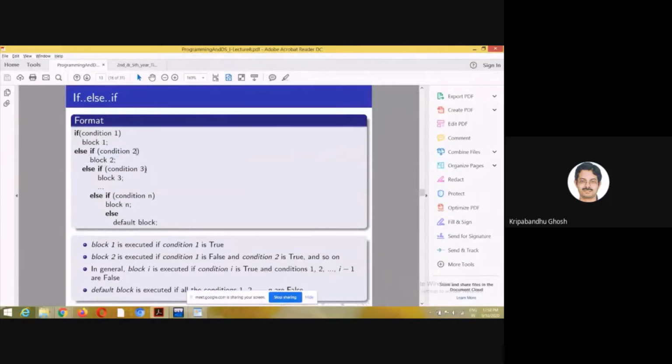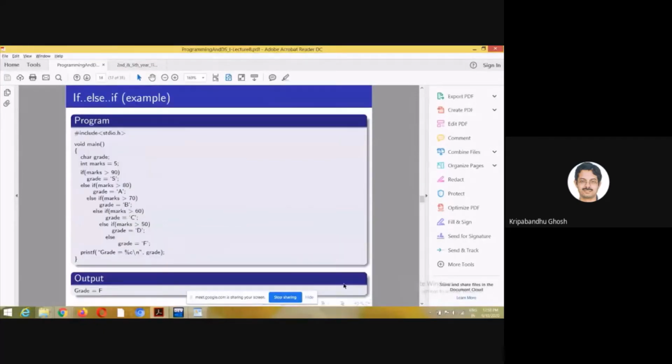Like this, if all the conditions 1 to n are false, then the default block will be executed. In general, block I will be executed if condition I is true and all the conditions from condition 1 to I minus 1 are false. That's the case. We can finish by looking at an example.